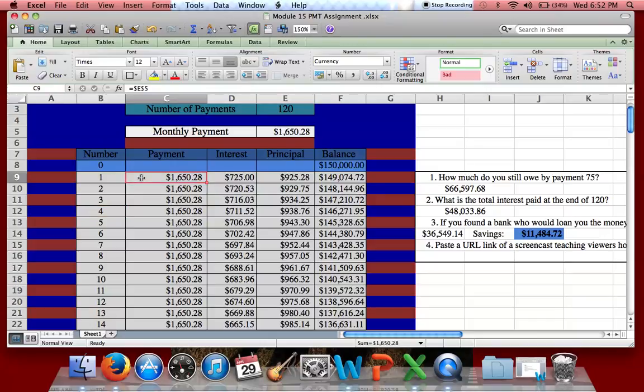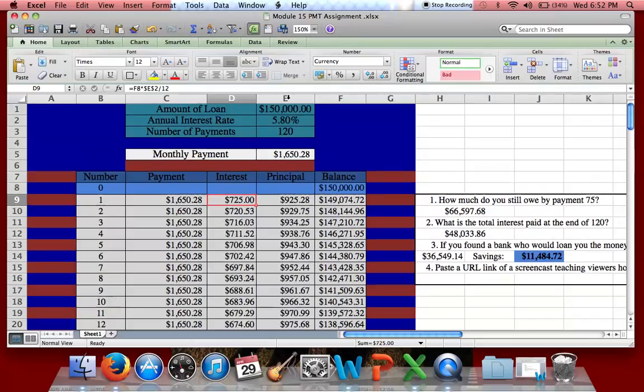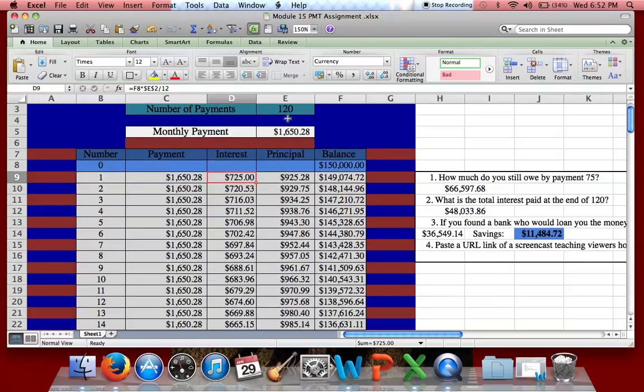Over here, if you click on the payment tab, this tab is going to equal the monthly payment cell right here. So the interest, this cell is going to equal my interest rate up here divided by 12, and then the principal tab is going to be